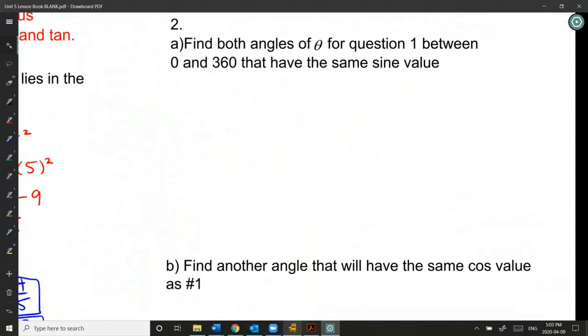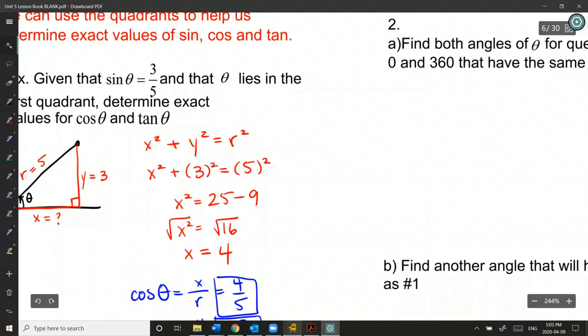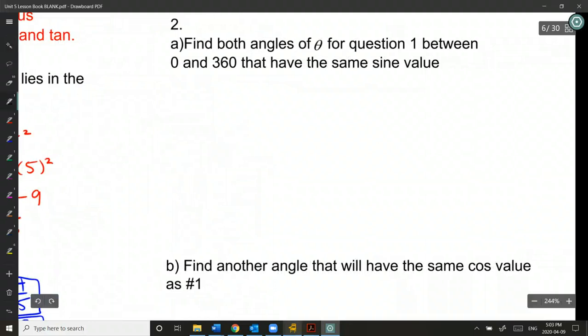Okay, now the second part of this question asks us to solve for the theta in question 1 between 0 and 360 that could have a sine value that's the same as the sine value in example 1. So this is sine theta was equal to 3 over 5. Now, when we think about the quadrant grid,